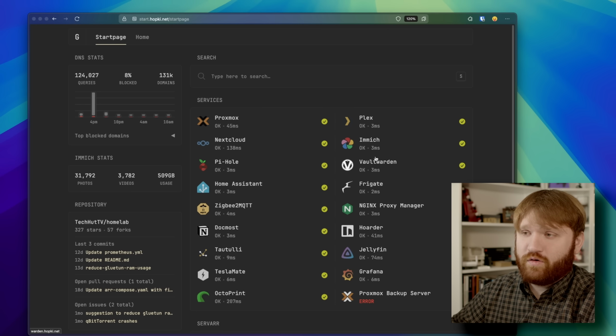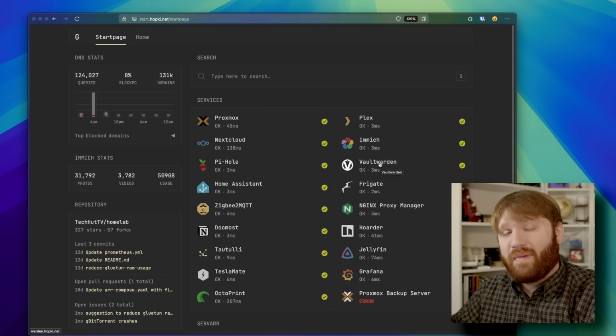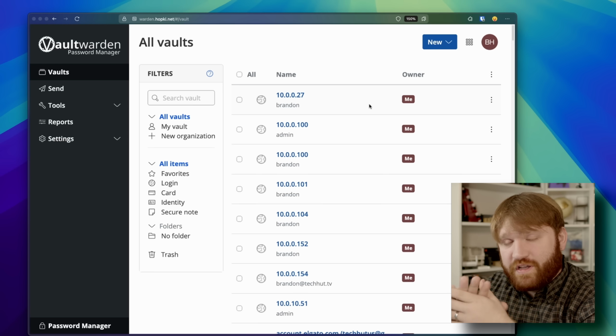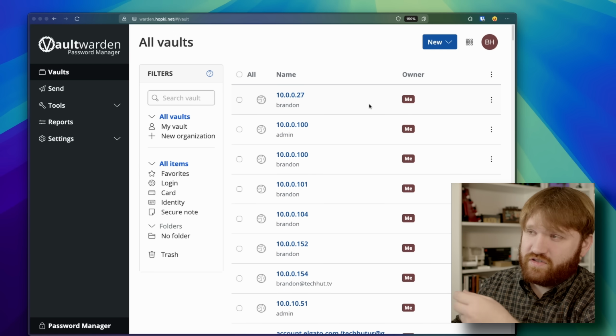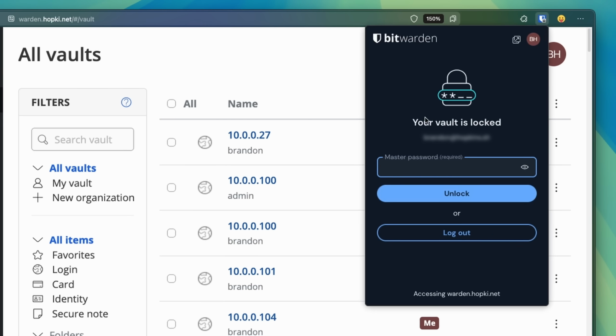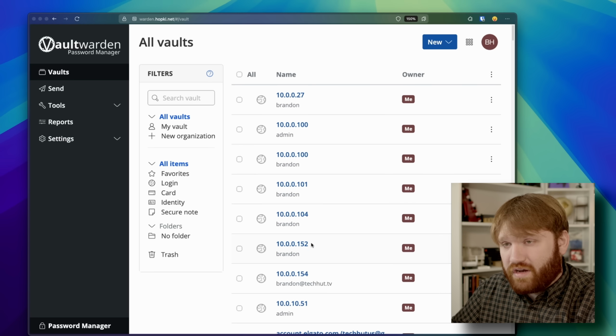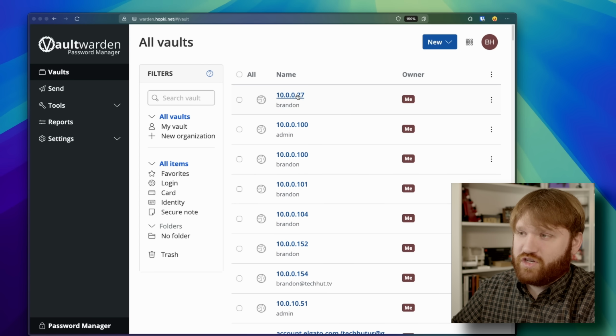Now from there, we're going to dive into Vaultwarden, and this is my password manager of choice. This here is fully compatible with the Bitwarden desktop clients, browser extensions, and all that. You can see I have it running right here. But not only does it do pretty good password management,